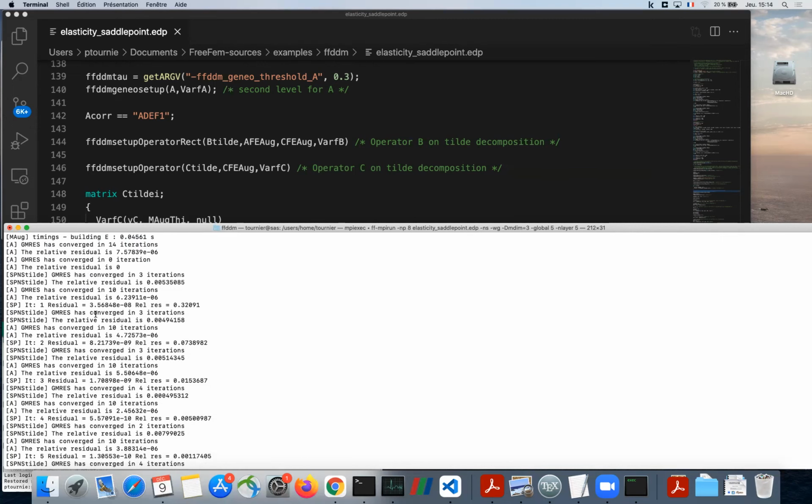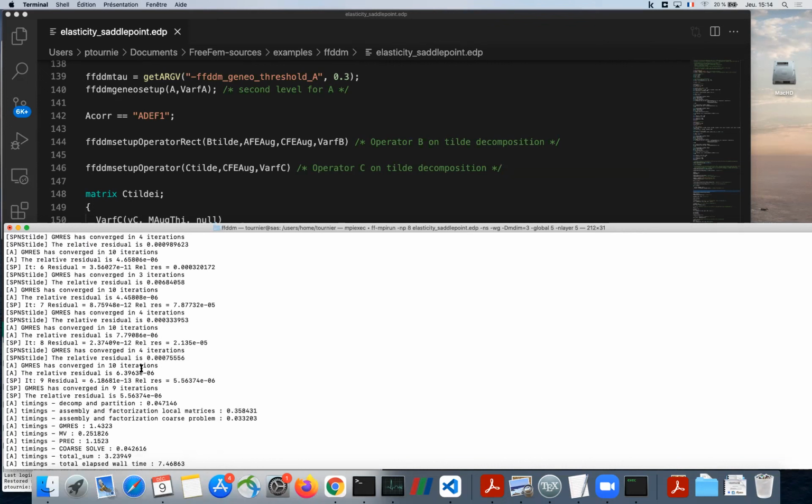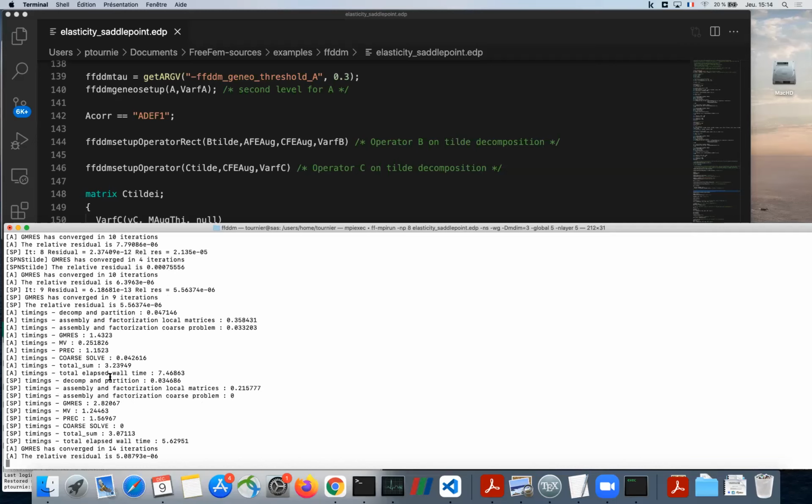And you see the nested loops here at each iteration. Since we apply the Schur complement at each iteration, we need to solve for A at each iteration, and also solve for NS^-1 at each iteration. This is for NS^-1. But as we have seen in the slides, the iteration counts are very stable with respect to the number of unknowns and the number of subdomains. For example, here we converge in 9 outer iterations, and we have some stats. You can see we spend half the time solving for A in the Schur complement problem, 1.4 seconds, with 2.8 seconds total time for solving the Schur complement.